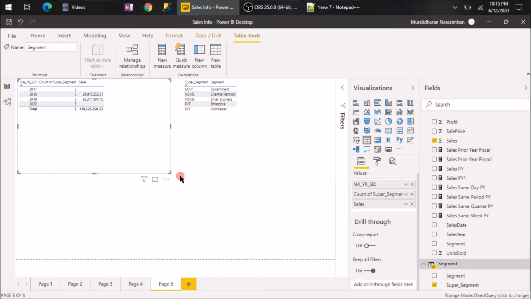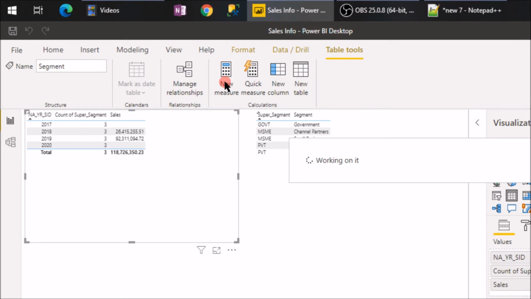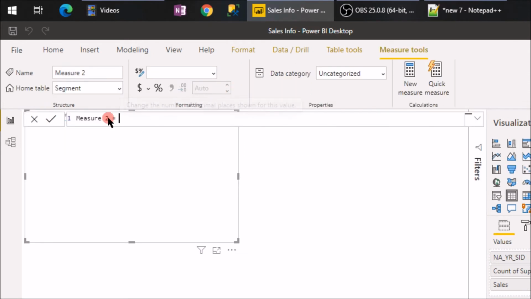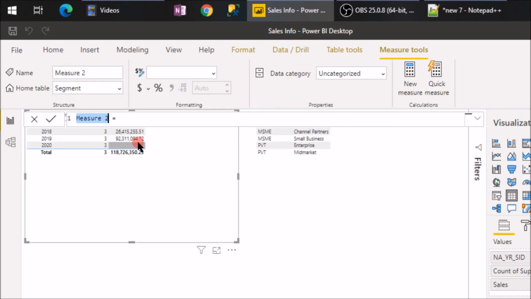Now let's create this DAX function to calculate the super segment count. So I'm going to create a new measure. Let's call it super segment count, and to begin with I'm just going to replicate the same measure that this column represents.